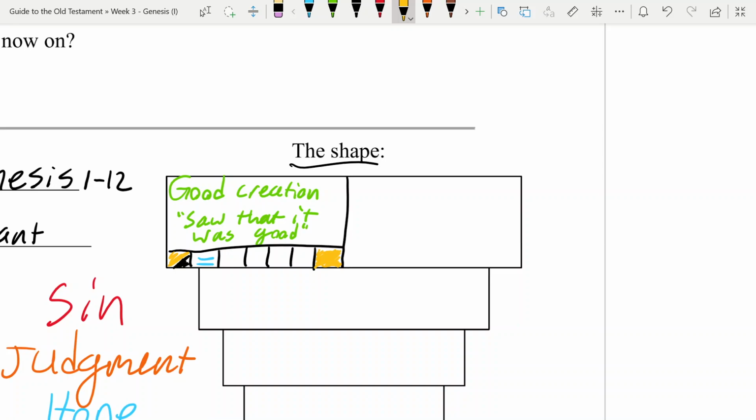Now, in Genesis 2, and you know what, let's write what chapters we're talking about over here. So right here we've got chapters 1 and 2. Genesis 2, we zoom in. So here we're talking specifically about the humans God created, Adam and Eve, although Eve has not been named yet in the story. And they are in a garden, which is in the land of Eden.